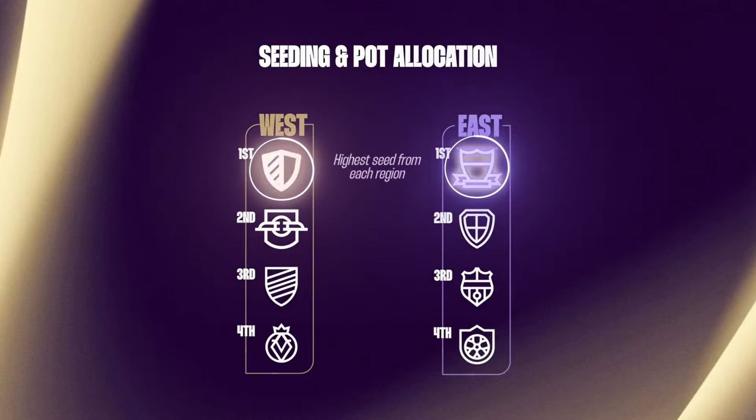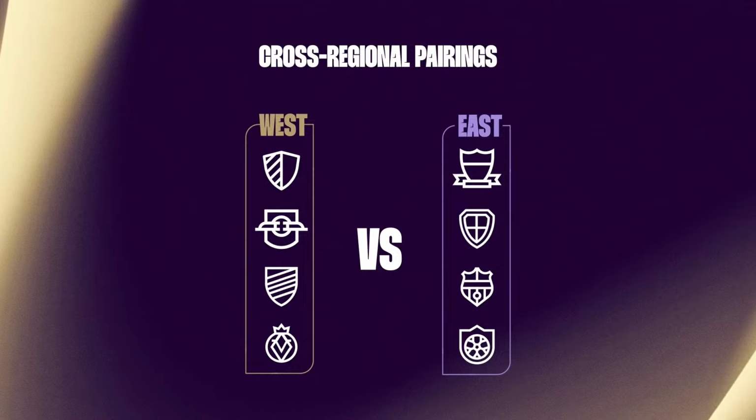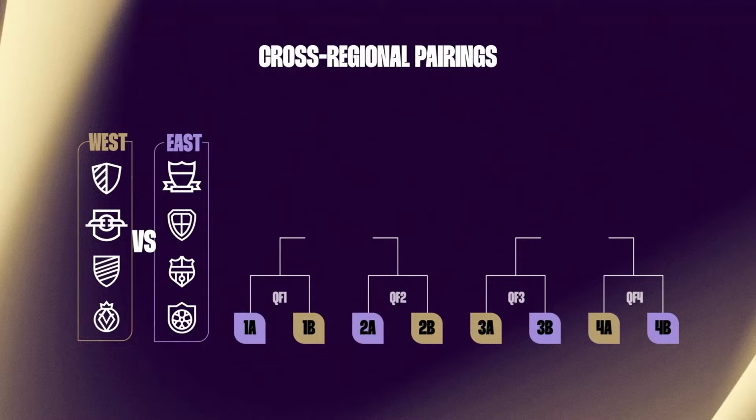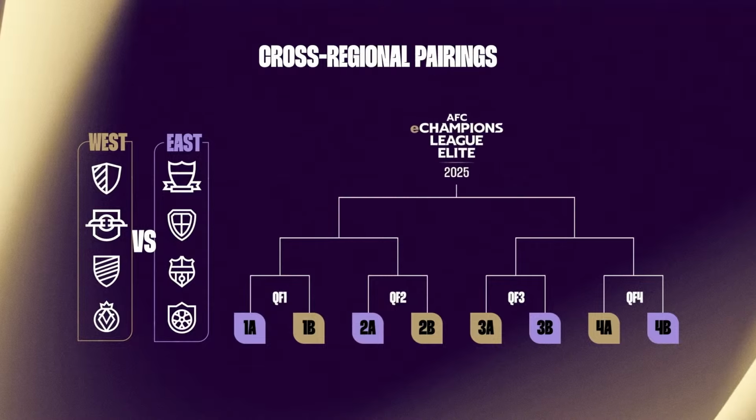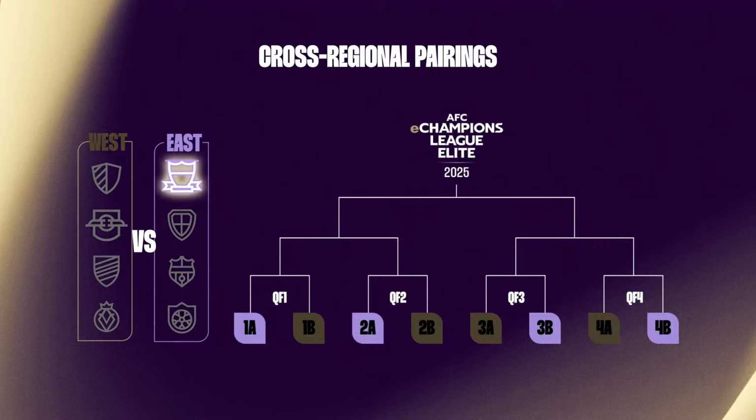Cross-regional pairings. Each participating club shall play in the quarterfinals against clubs from a different region in a cross-regional pairing between the West region and East region. To ensure a cross-regional pairing, clubs from each region shall only be drawn into the positions designated for their respective region. The highest seeded club for the finals draw shall be allocated into position 1A and play the first match of the finals. The remaining clubs of the same region shall be drawn into positions 2A, 3B, and 4B.